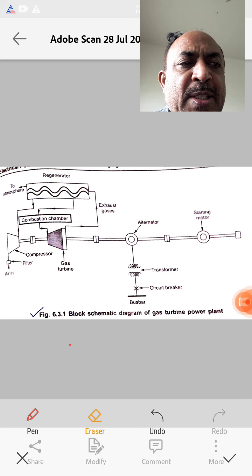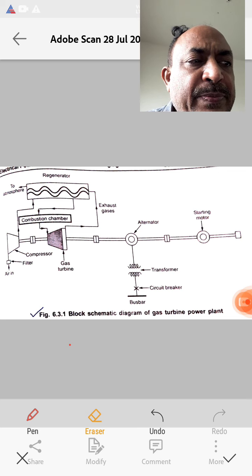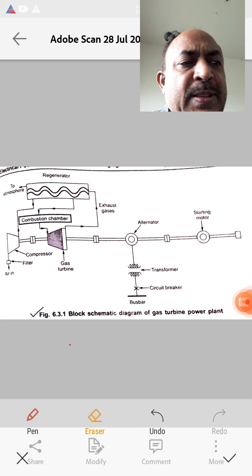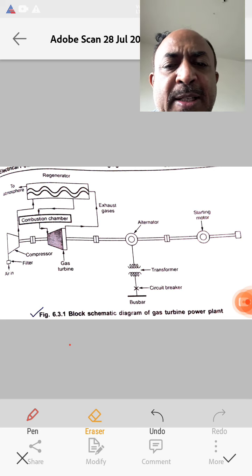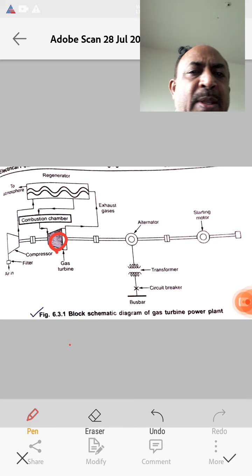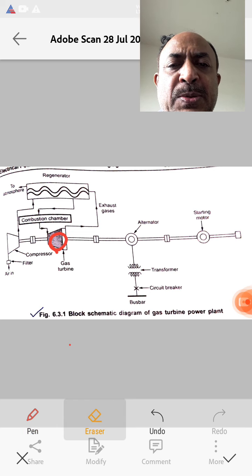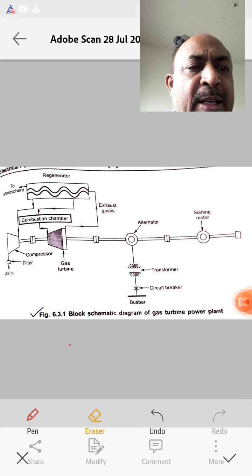Due to the high pressure gas passed onto the turbine blades, the heat energy is converted into mechanical energy.